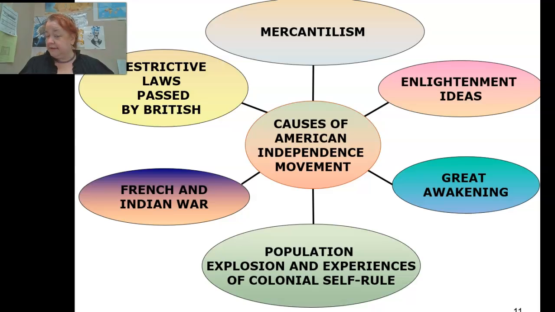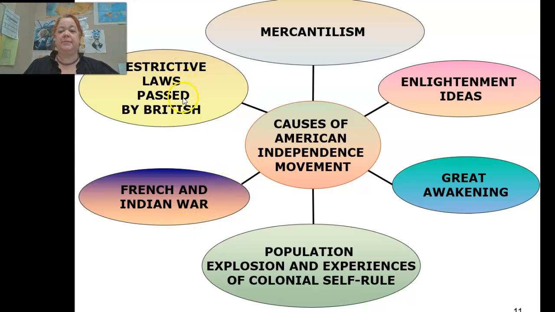So for part 1 of this, you need to remember mercantilism, the Enlightenment ideas, which we really haven't gotten into, and the Great Awakening, which I hate skipping, but usually have to. So those two, okay, not a big deal. Mercantilism, oh, that was a big deal. By the way, the Great Awakening is a religious movement where people became very religious again. So Puritanism died, but then there's the Great Awakening. Everybody's going to church again. There are 2 Great Awakenings. The one that several of you might have heard about is the one in the 1840s. This is the first one.